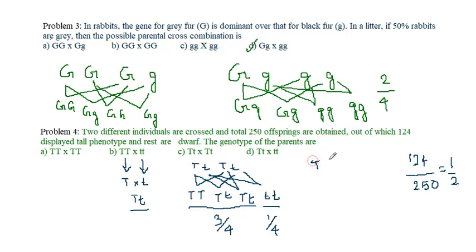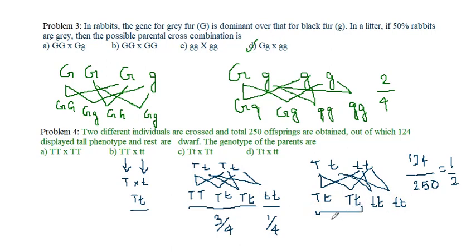Capital T, small t is crossed with small t and small t. Capital T, small t. Capital T, small t. Small t, small t. Small t and small t. Okay. Now out of 4 we have two tall plants, that is 1 by 2. And again out of 4 we have 2 small t, small t, that is dwarf plants, that is 1 by 2. So what should be the correct option? Answer